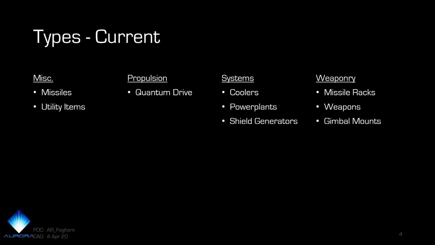types and categories. Under systems is where you'll find your coolers, power plants, and your shield generators. And then weaponry, the last tab, has the missile racks, but not the missiles, just the missile racks. Weapons, and by weapons they mean the guns, and the gimbal mounts that you could put on those hard